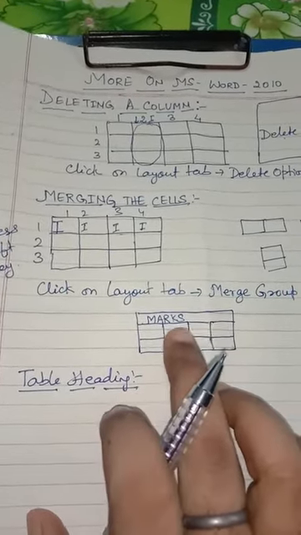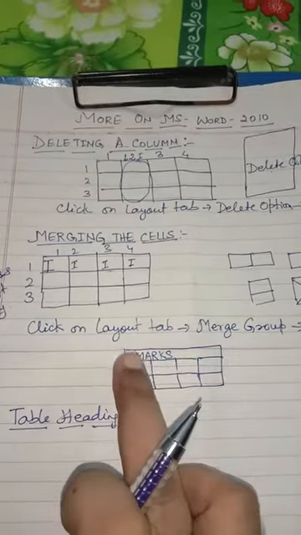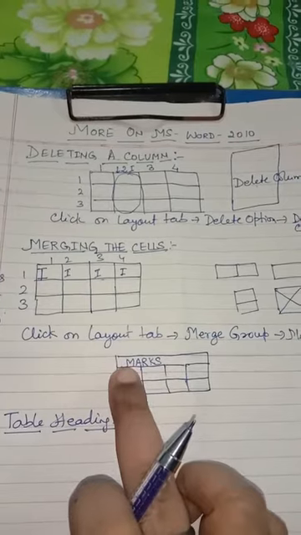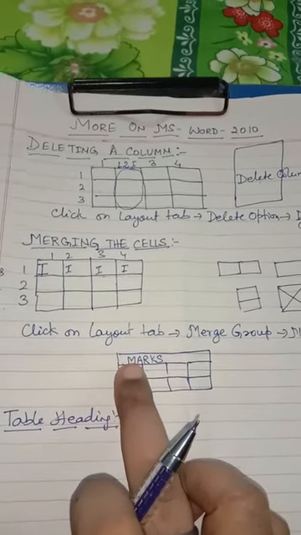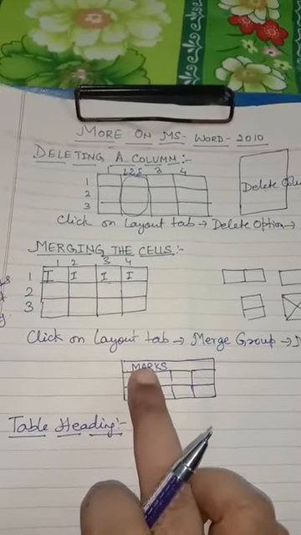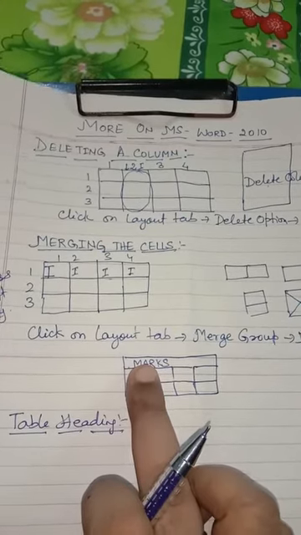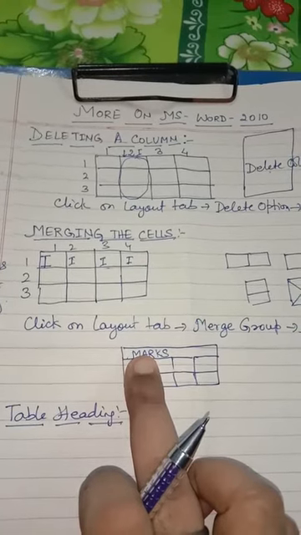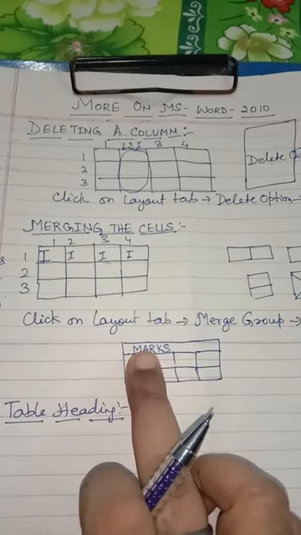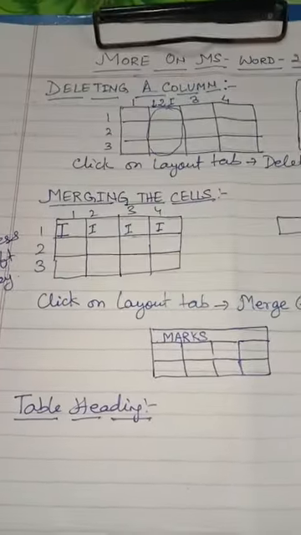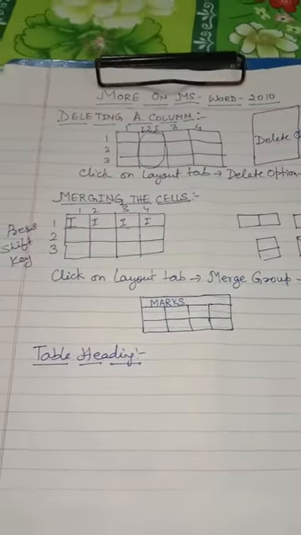For table heading, what are the steps that we should do? First of all, we have to merge several cells row wise or column wise into a single cell. After merging them, write the content inside the cell and then align it according to your requirement. We have already discussed in our earlier chapter about the different types of alignment like left alignment, right alignment, center alignment and justify. So we can align it to the center or to the right side as per our requirement. So this is the table heading.